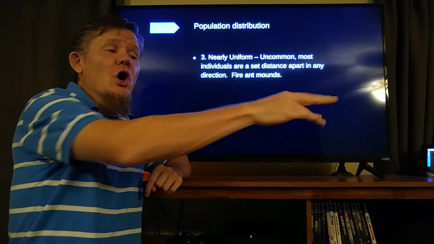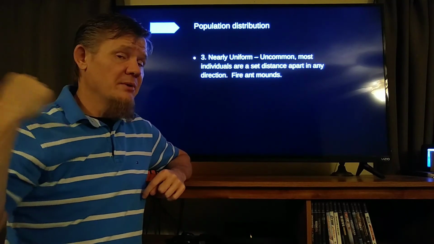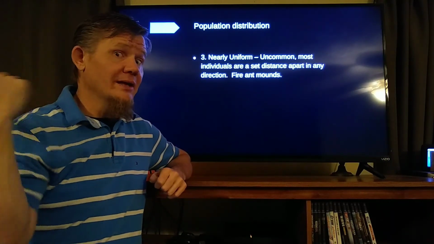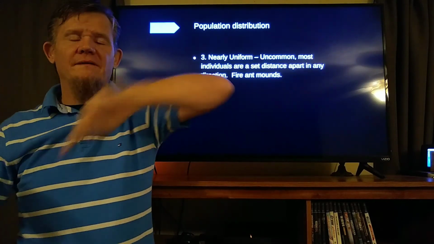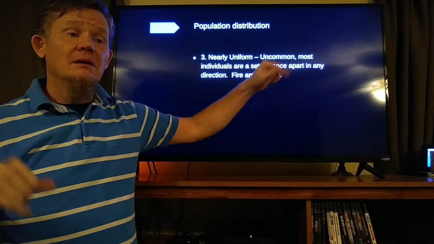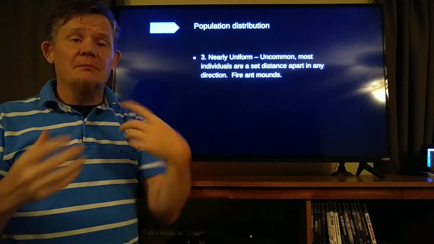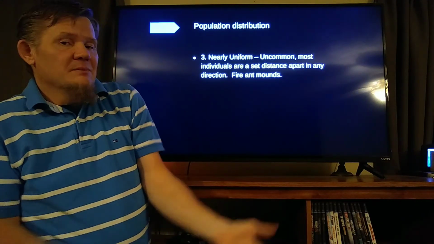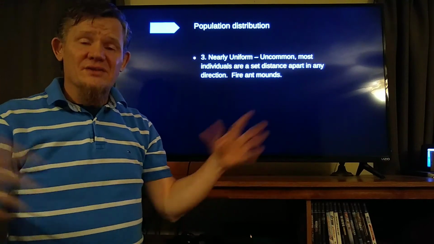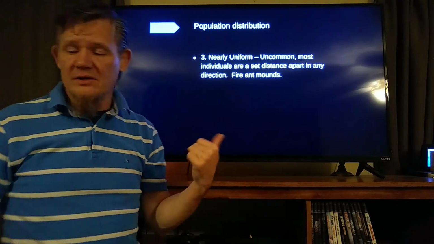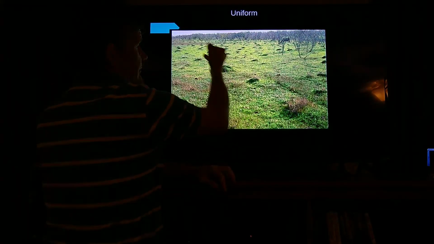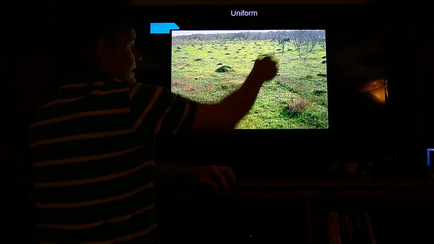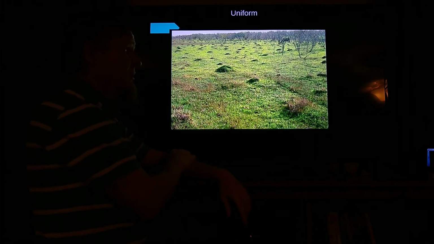and they're going to have to guard against the other ant mounds. Remember, an ant can only walk so far in a day, and they don't like each other. So they've got a border that they will patrol, a territory that the ants themselves will defend. And because all fire ants are the same size, those areas are going to be pretty much the same. So as we look out here, we see that the ant mounds are fairly evenly distributed throughout the environment because,